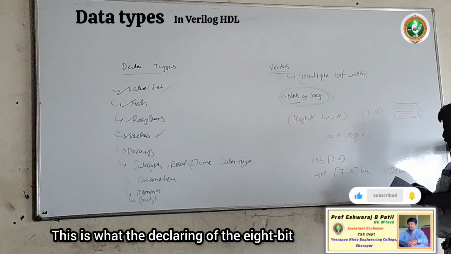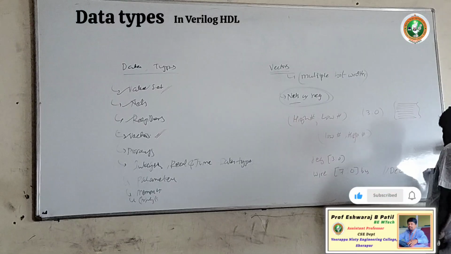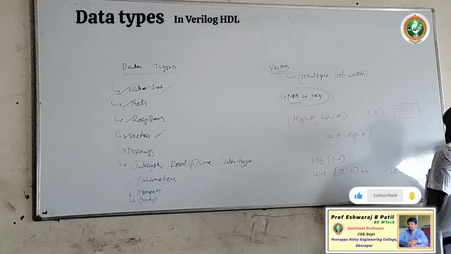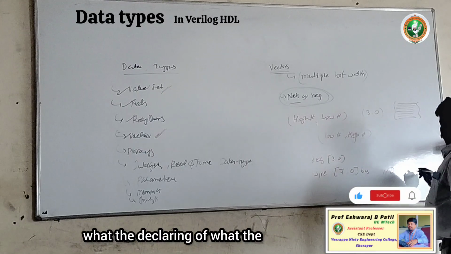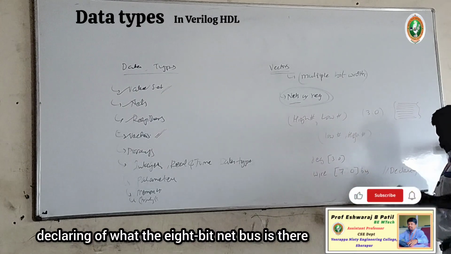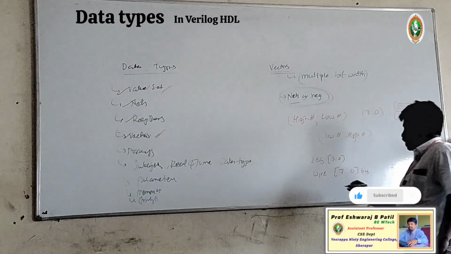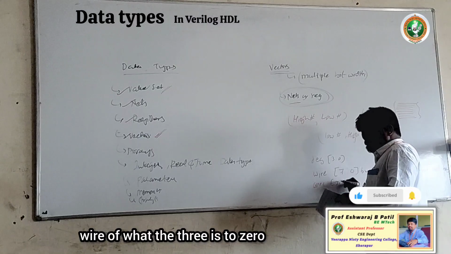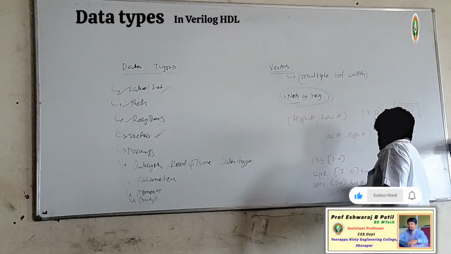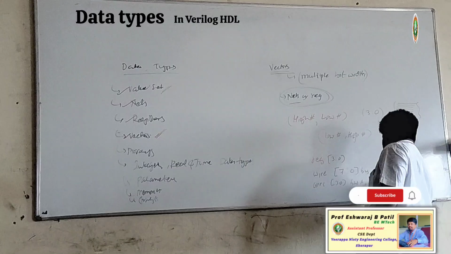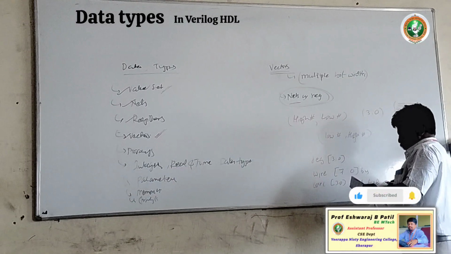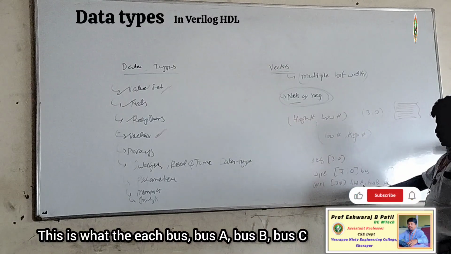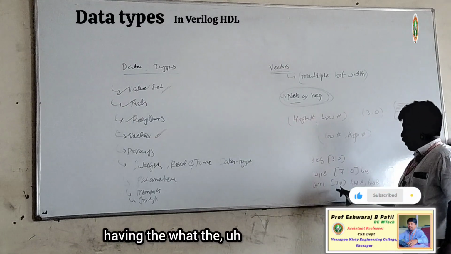This is the declaring of an 8-bit net. Wire is nothing but net only. Wire is nothing but net bus, which is the declaring of an 8-bit net bus. Similarly, we can define the wire of 3:0: bus A, bus B, and bus C. Each of bus A, bus B, bus C has the value of